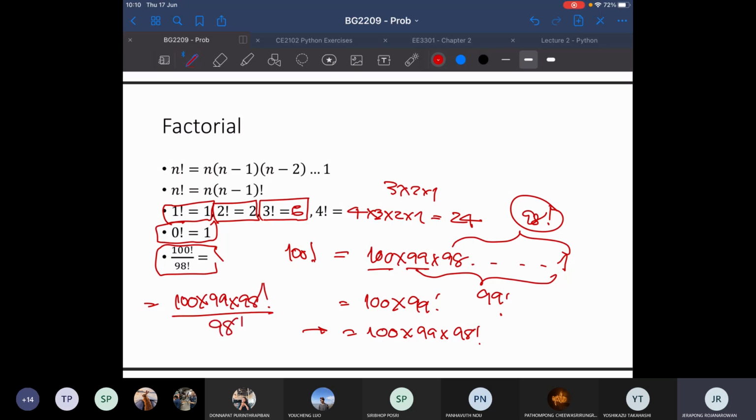Divide by 98 factorial, so it's going to get cancelled, and then you're going to get 100 by 99. Okay, because if you use your calculator to compute this and divide by this, you are not going to get the